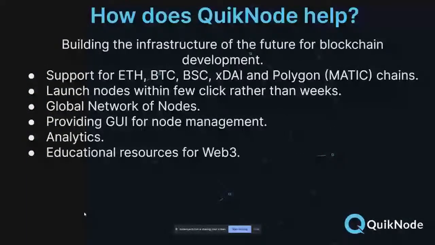Let me now explain how QuickNode helps you with Web3 development. To develop anything on a particular blockchain, you have to run that blockchain's node, because, as I said, a blockchain is a big ledger distributed throughout the network. It is distributed via nodes. There are different nodes of a blockchain connected with each other, and whenever a transaction comes in, it is propagated to other nodes by a particular node. For example, if you want to develop on the Ethereum blockchain, you need to run an Ethereum node,